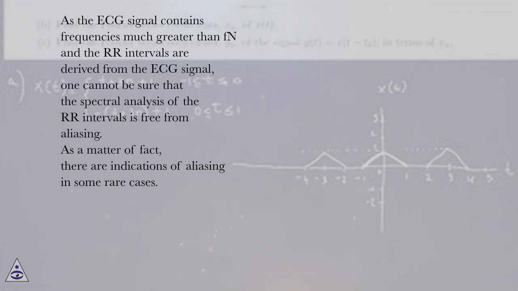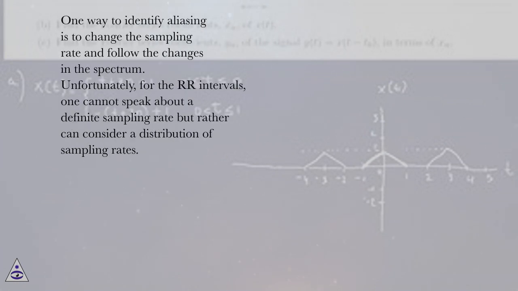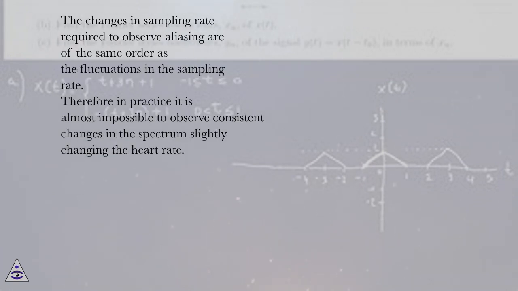As a matter of fact, there are indications of aliasing in some rare cases. One way to identify aliasing is to change the sampling rate and follow the changes in the spectrum. Unfortunately, for the RR intervals, one cannot speak about a definite sampling rate but rather can consider a distribution of sampling rates. The changes in sampling rate required to observe aliasing are of the same order as the fluctuations in the sampling rate. Therefore in practice it is almost impossible to observe consistent changes in the spectrum slightly changing the